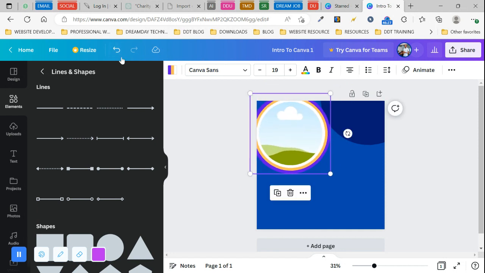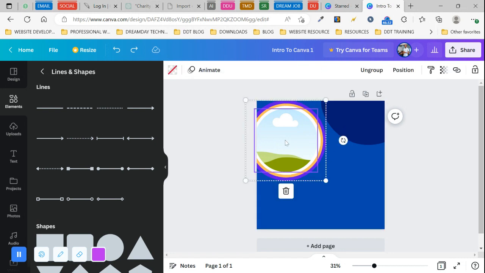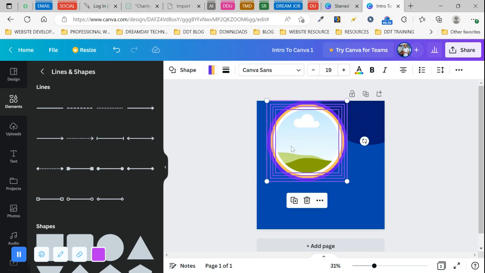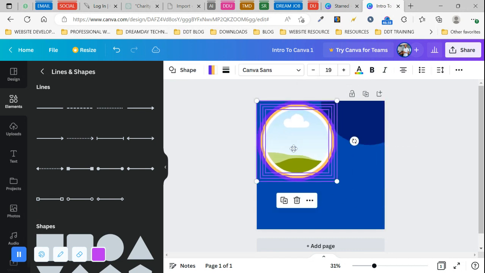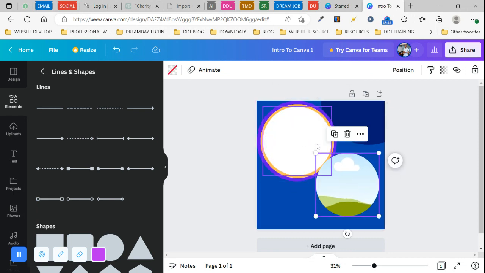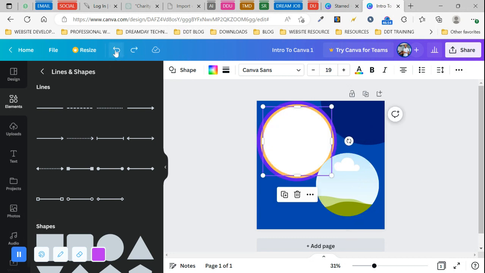Let me go back and ungroup this. I will undo. So if I want to move the picture element, I will ungroup this. Sorry, let me click out. So if I want to move the picture element, I have to move the picture element. I also have to move this. I always have to organize the design. But if I want to move them all together,